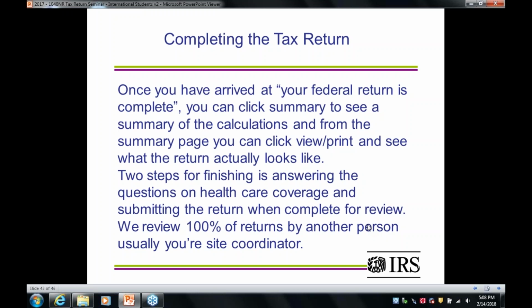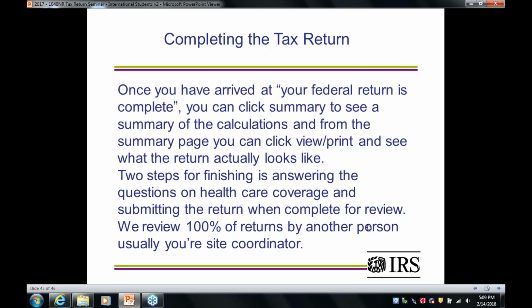And this is a good place to look over some of your work and see if you entered in all the information that you should. And like I mentioned, to make sure that we're finished, make sure you've answered the questions on the healthcare coverage. And then when you've done that, you'll click Save and Exit,